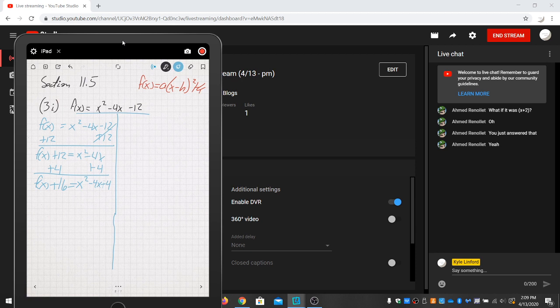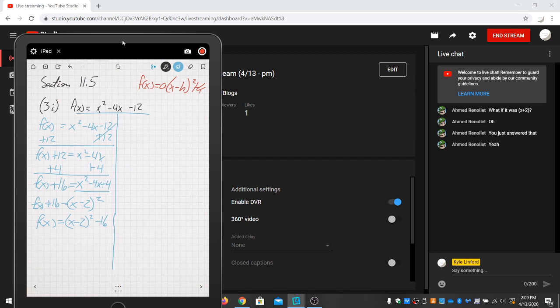So we can factor the right-hand side here. We would have f of x plus 16 is equal to x minus 2 squared. We can then move the 16 back over and get f of x is equal to x minus 2 squared